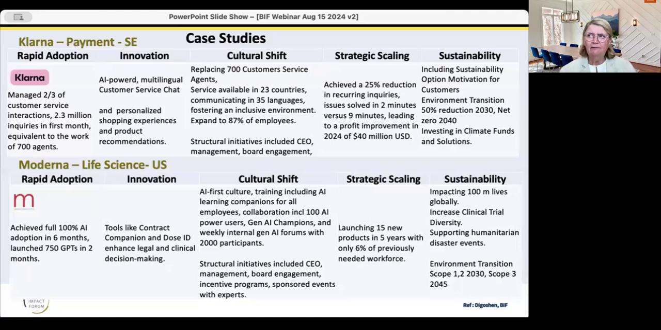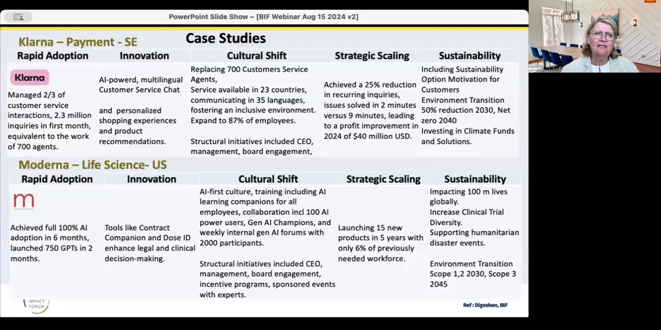Another example is Moderna, which most of you know as the one who came up with part of the medicine for the COVID area. They also went for a very focused transition. They made the adoption 100% of their workforce, and they launched something they called 750 GPTs. GPTs are chatbots that are adjusted for something that you can do or use. Of course, they also add,